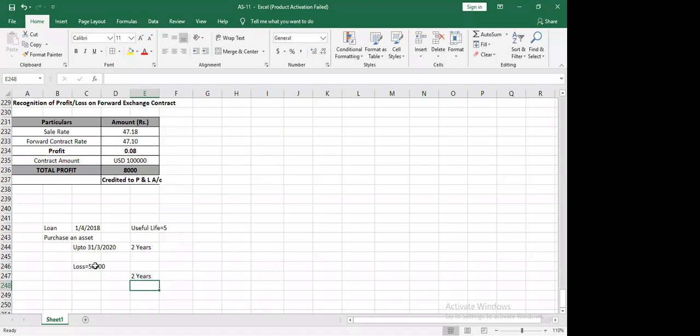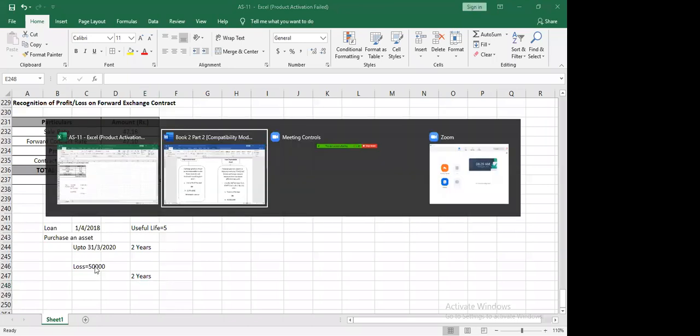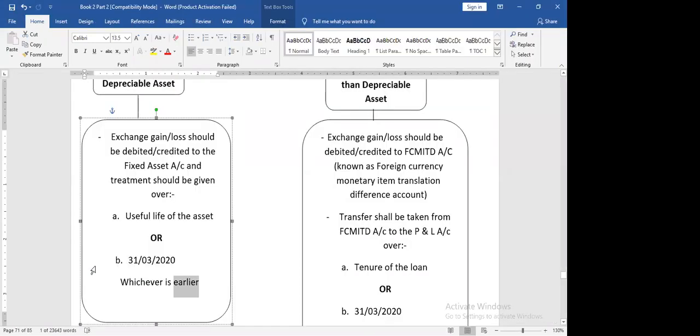Now please understand what I'm saying. प्रैक्टिकल एप्लीकेशन इस कंसेप्ट को समझने के लिए हमारे पास बहुत सारे क्वेश्चंस हैं और हर एक क्वेश्चन हम सॉल्व करेंगे. My question right now to you is, are you clear with what is written in this text, in this provision? What is the exact wording of the provision? What have they explained? कैसे अप्लाई होगा, कैसे डेप्रिशिएट करना है? Everything I will explain to you when we do practical questions, but it is important first to understand the provision of the standard. So quickly on the chat box, are you clear with this provision?